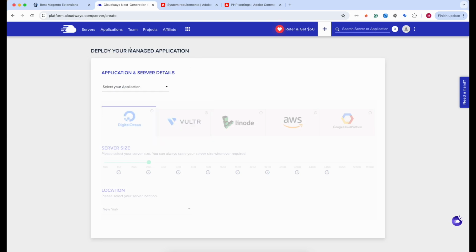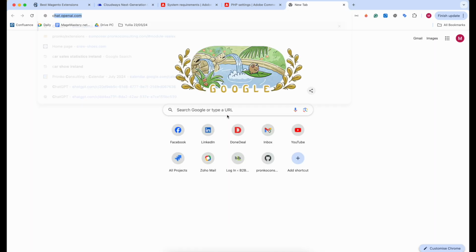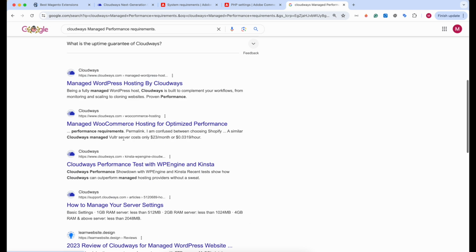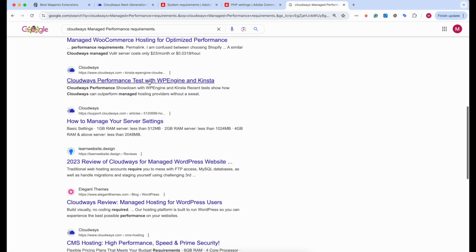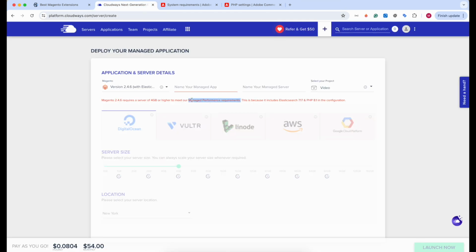But here we will try and deploy our managed application, that is Magento 2. So 2.4.6 is the default, the only version that can be installed, but as we know, we have 2.4.7, and it says that it's 4 gigabytes or higher to meet our managed performance requirements. I have no idea what managed performance requirements are. Let's Google Cloudways managed performance. So I don't know, it's some marketing buzz here, managed performance requirements, because on the next step,